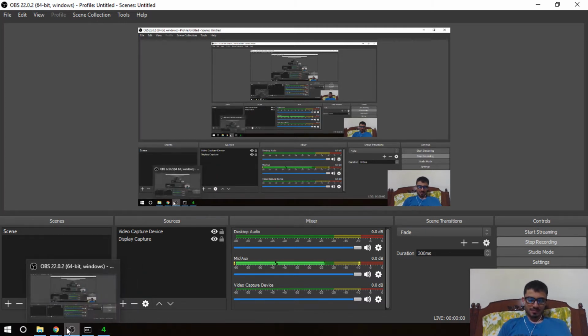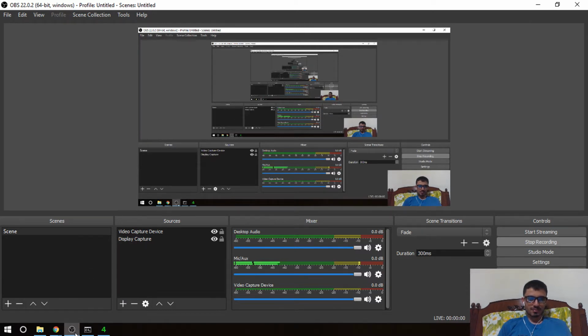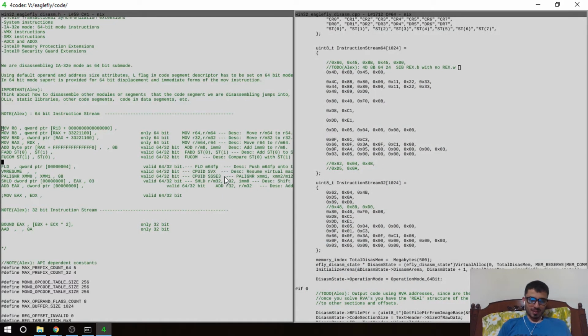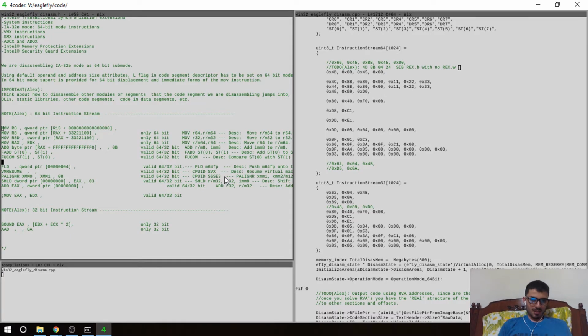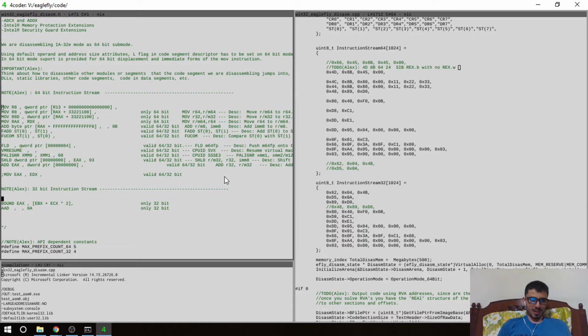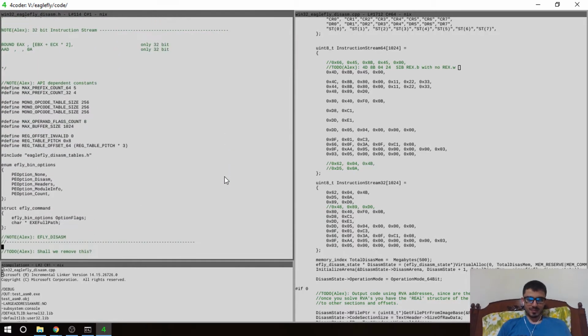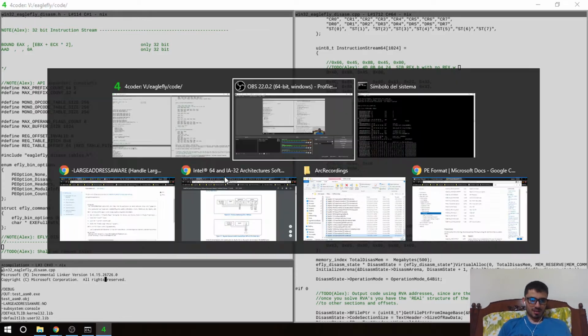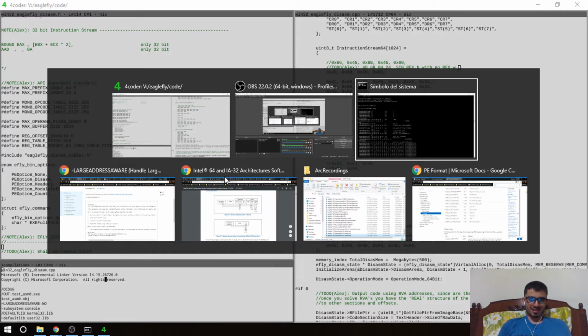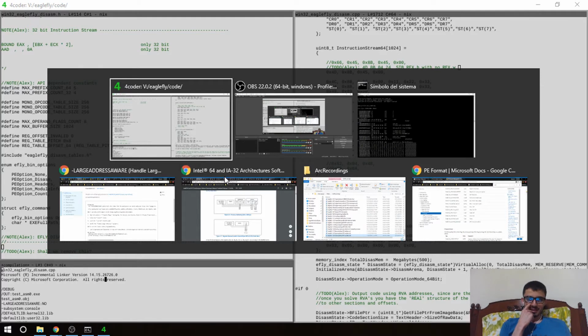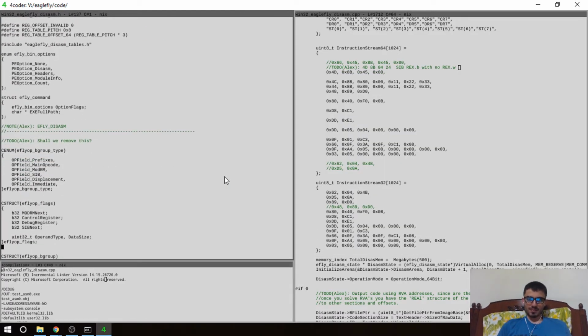With that said, I would like to start by coming back to the project and see where we left off. Alright, so we got all this stuff, which is the same thing we saw here, and I believe the last thing we did was we continued with the REX decoding process,